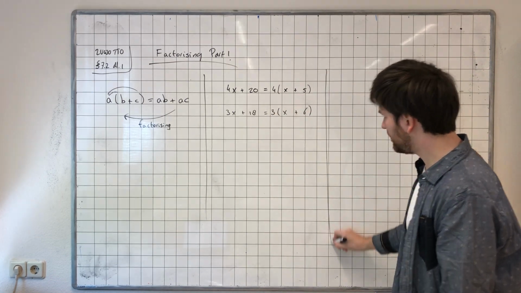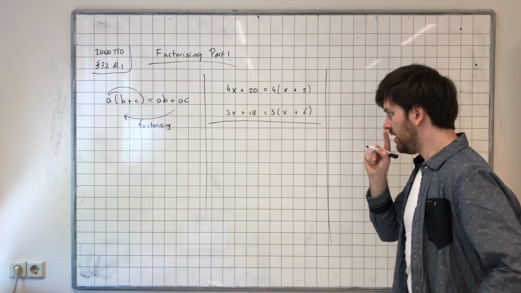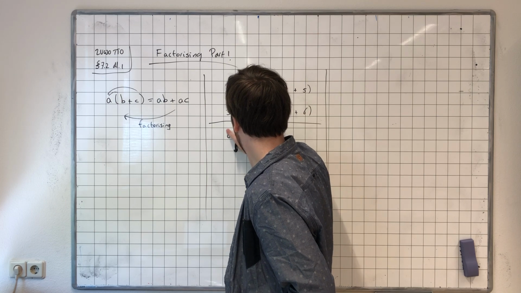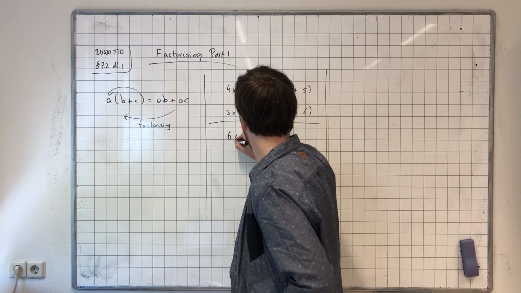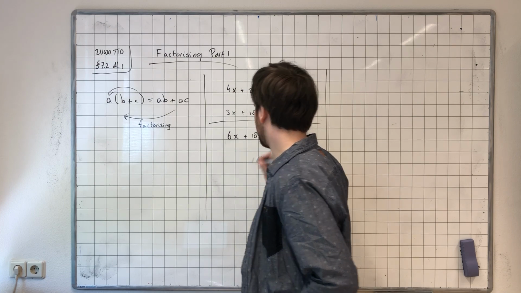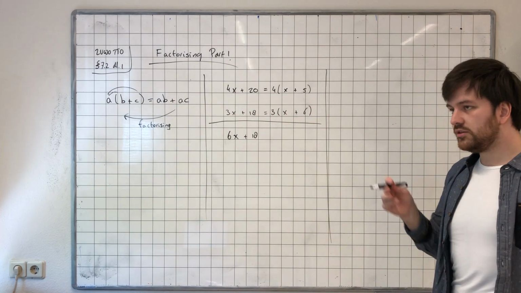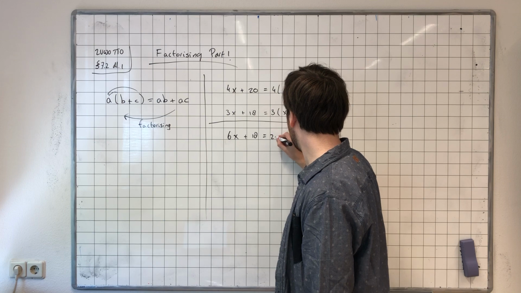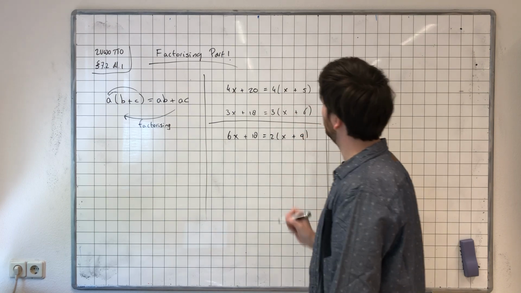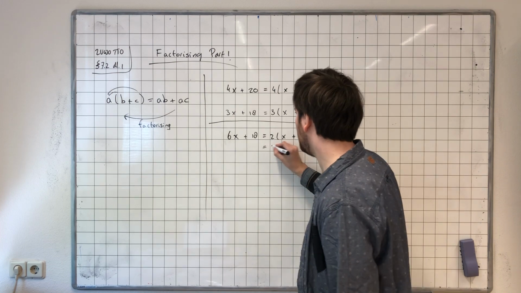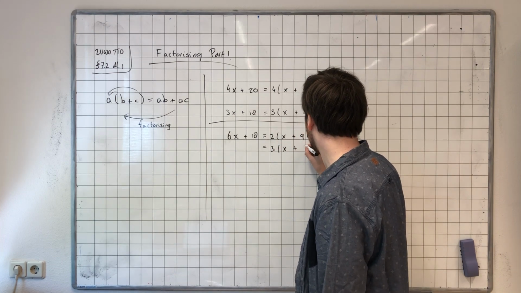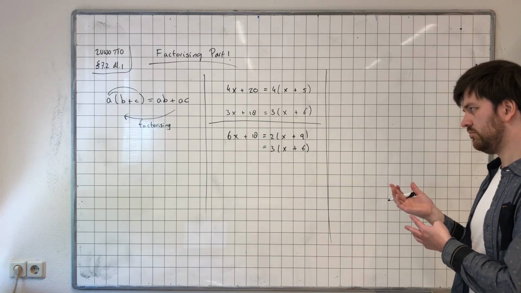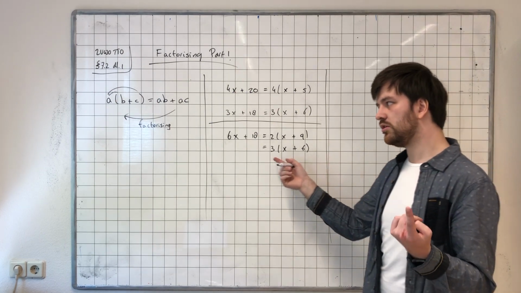Okay, let's make it a little bit harder. I want you to try this one by yourself. Well, some of you might say, this is 2 in between brackets x plus 9. Others might say, well, no, it is 3 in between brackets x plus 6. And you might say that both of these things are correct, but they aren't, because whenever we want to factorize,